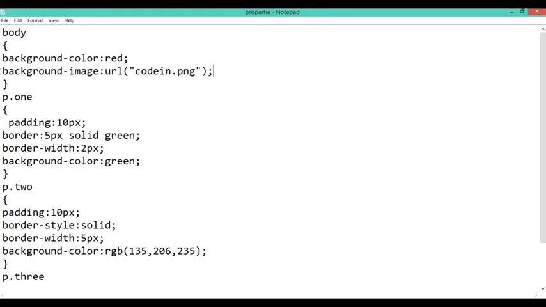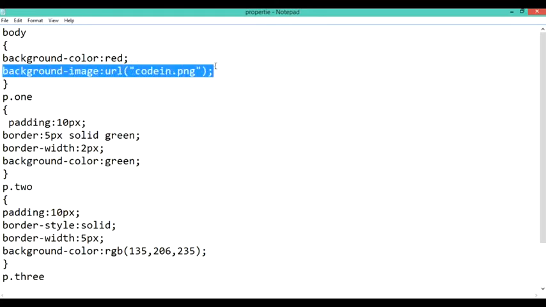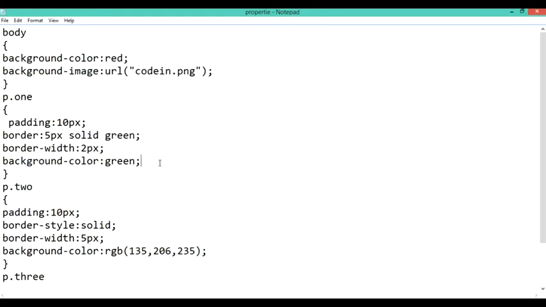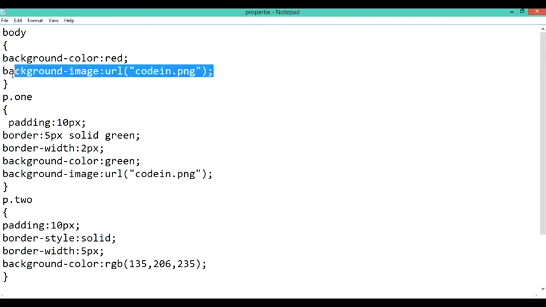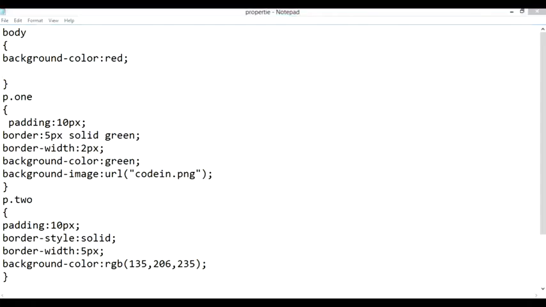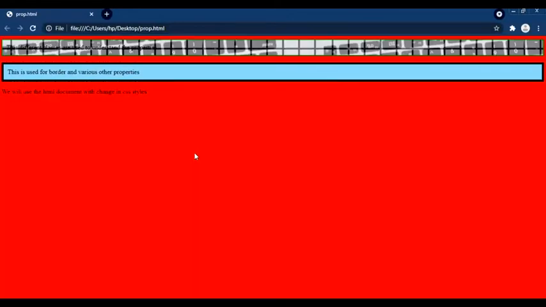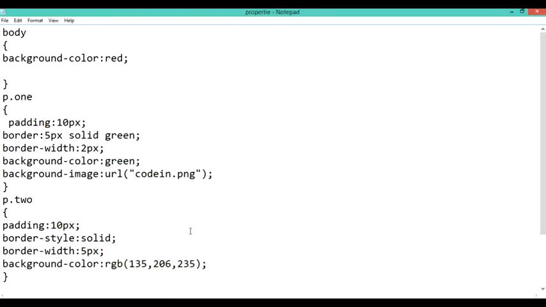Then if I want to use that image only in a particular area, like in a heading or, let's say, a paragraph, what I will do there is add that background image in that particular paragraph. So whenever I execute this code, you can see that the background is at that particular paragraph. So we can add a background to the HTML document, or even to the paragraph tag, or even the heading tag. Whichever tag we want, we just give that background image and then the URL of that particular tag to add a background to it.